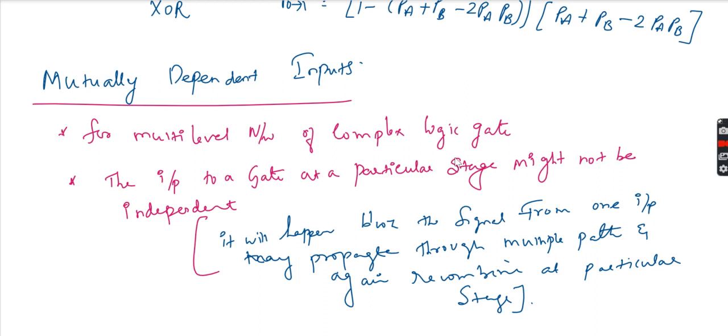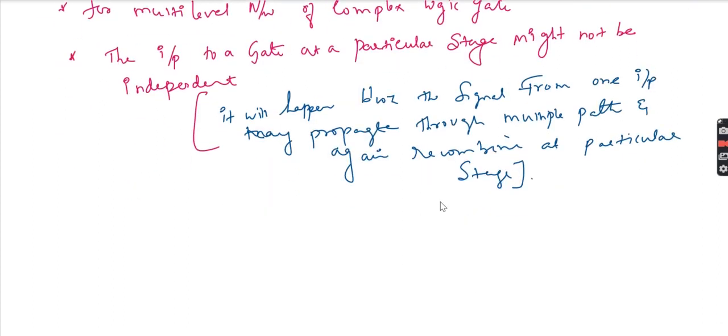Now here we can say there will be two problems. That problem we can call reconvergent fan-out. You know the two terms fan-in and fan-out; I think you might have heard about them. The number of inputs driving the gate is fan-in. The number of outputs driven is nothing but fan-out. Right. So here is the very important thing. What we'll do is consider